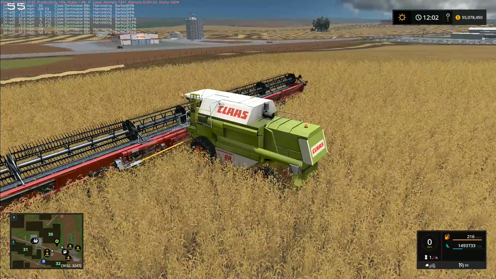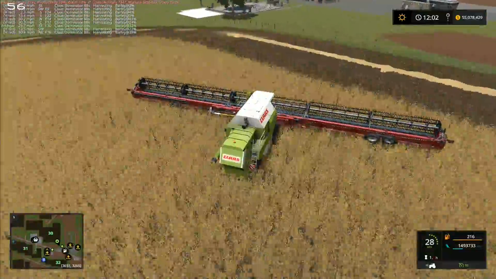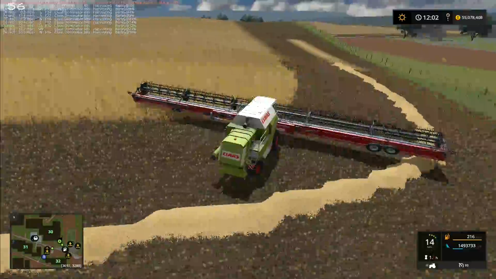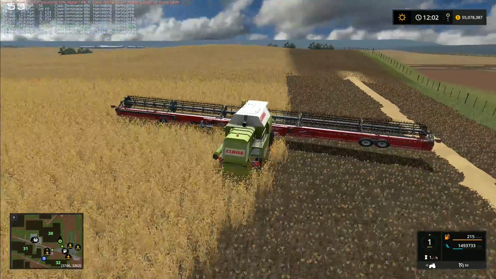I need to unfold the header. And we should be good to go. Right, so I know there is only one pass on here, but that still should be alright for the standard AI. It should still be able to cope with that. And we've got a little small patch that we've left, but I don't think that's going to be...